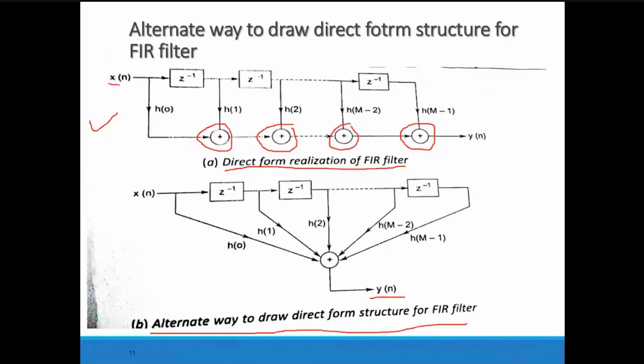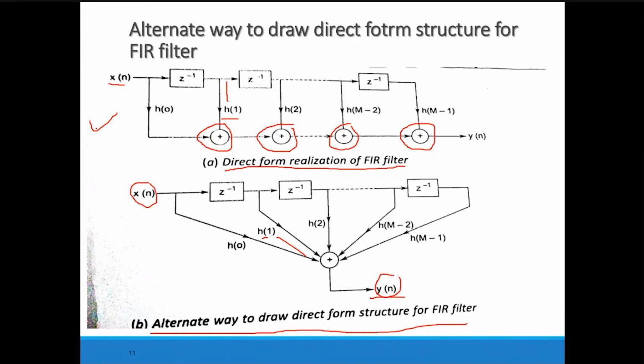Second, x of n is passed from this delay and it is multiplied with the coefficient h1 and then added. Similarly for all the coefficients and values. So this structure will produce the same results for the given input x of n, and you are getting the same output